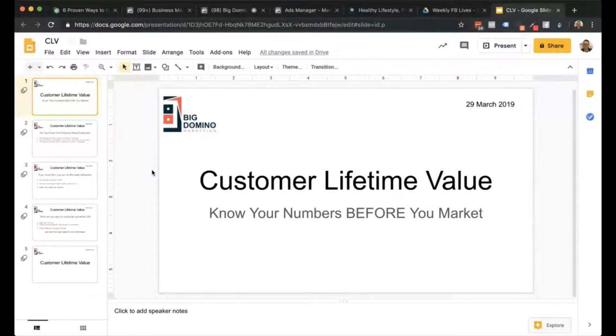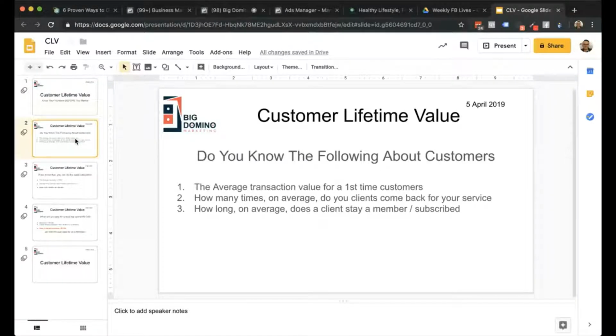So it's 2 or 3 very small numbers that you need to know. You can calculate it, and it'll give you an idea what your cost per lead should be on social media, or if your cost per lead coming through is worth it for you. So no fancy spreadsheets or fancy PDFs today. This is just straight to the point.